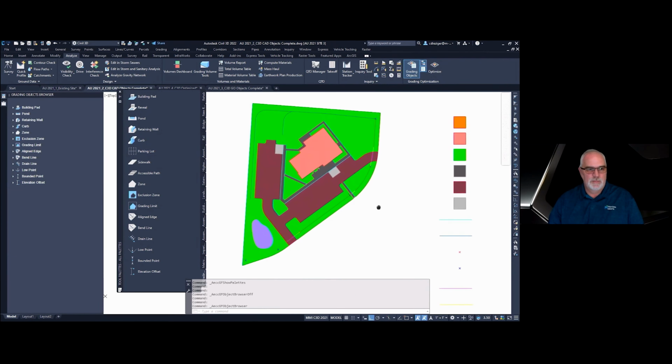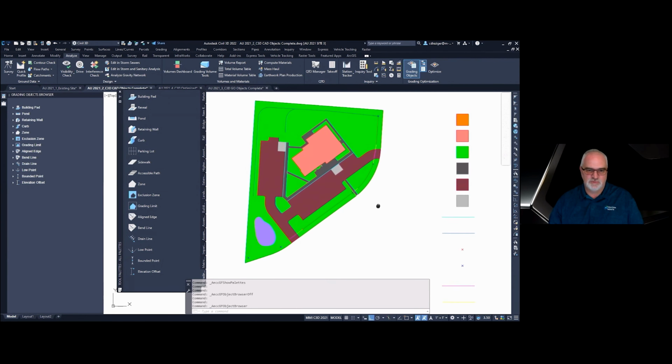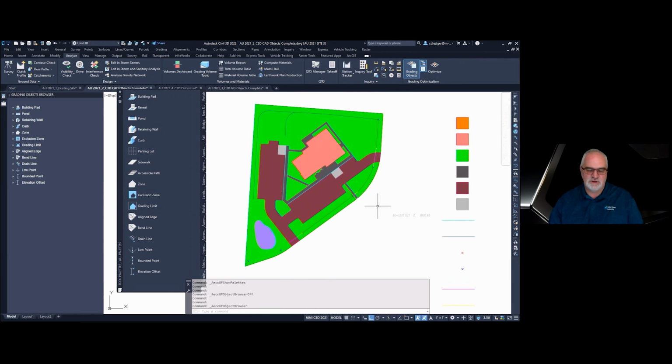So the first thing you want to do when you're looking at how to lay out the grading objects and the constraints for this is divide things up into areas of similar criteria. So you're looking for things like what min slope, what max slope, are they going to be drainage, or are they going to be asphalt?